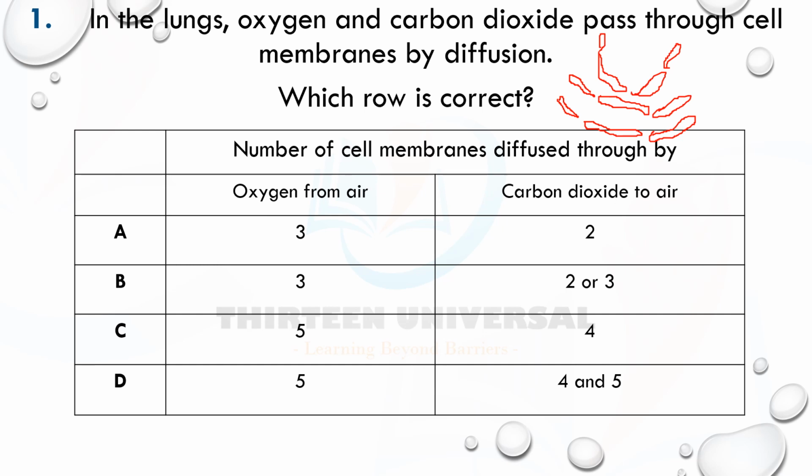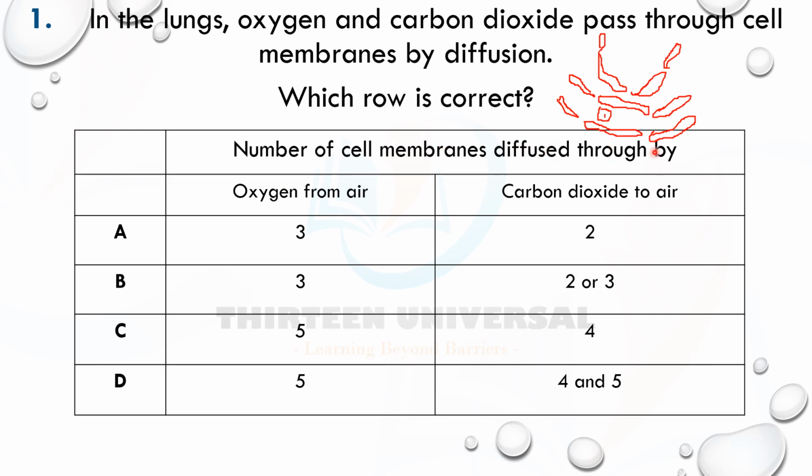The longitudinal section. Okay. Now this is the red blood cell here. Hemoglobin is inside the red blood cell. So we want to check how oxygen, from the alveolar air in the alveolus, goes to hemoglobin in the red blood cell. So they're asking, in the lungs, oxygen and carbon dioxide pass through cell membranes by diffusion. Which is correct? The number of cell membranes